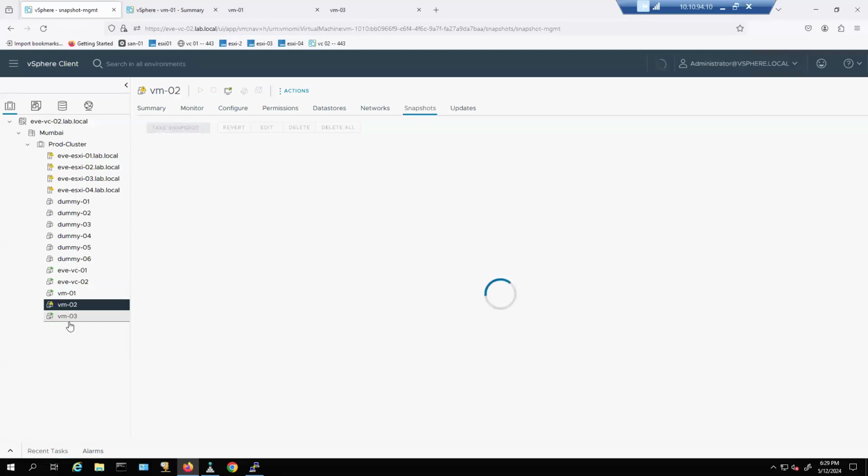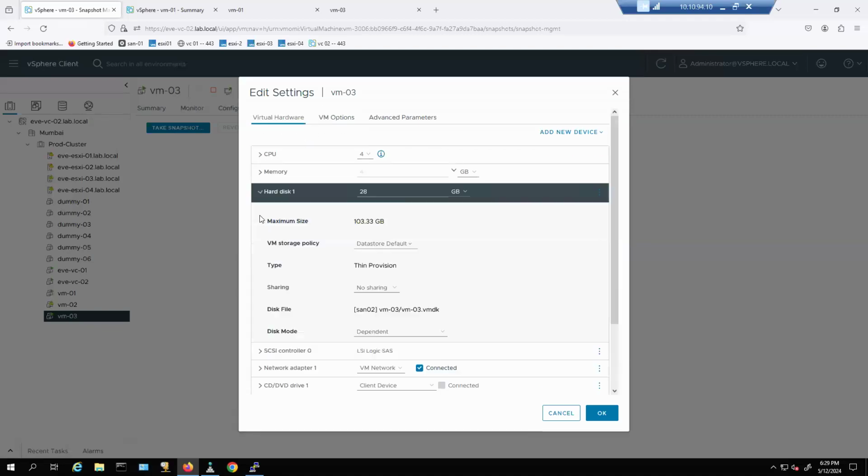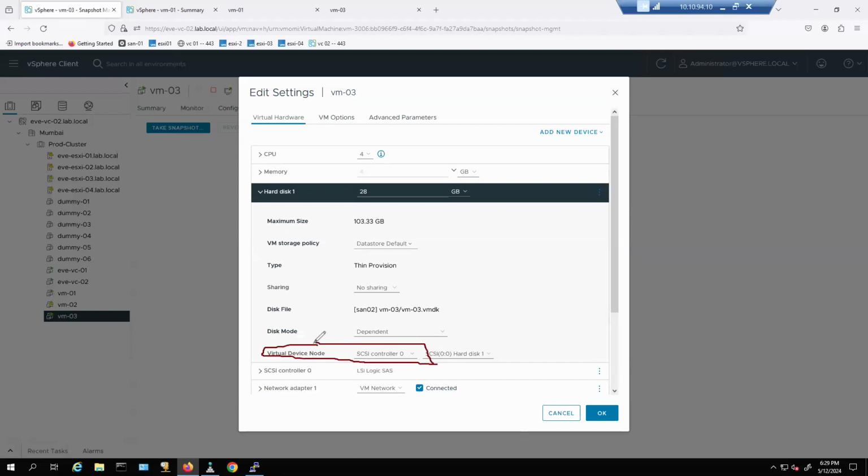If you go over here on VM03 and hit the edit button, you see there is a hard drive one. But if you look carefully, it says that this is connected to SCSI controller 0. And on SCSI controller 0, this is the first hard drive. How many hard drives can you have on a controller? If you click on the SCSI controller 0, you would see over there,